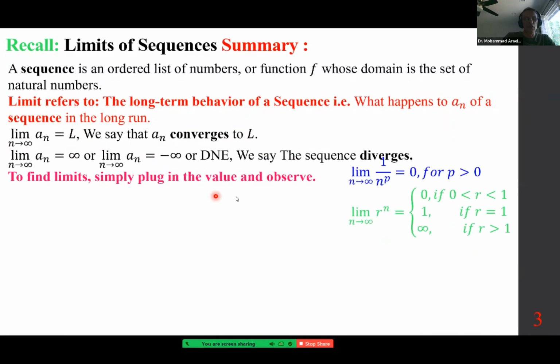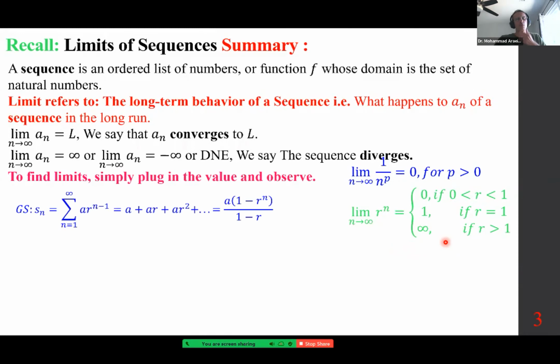We've discussed a couple of theorems, such as the limit of 1 over n to the power of p as n approaches infinity is 0, as long as p is positive. And the limit of r to the power of n as n approaches infinity depends on the base. If r is between negative 1 and 1, it is 0, and if it's larger than 1,